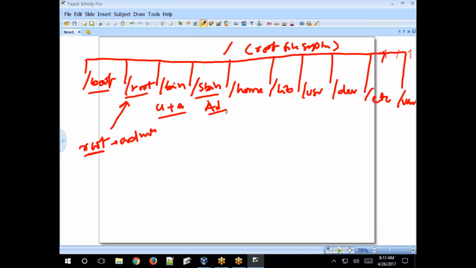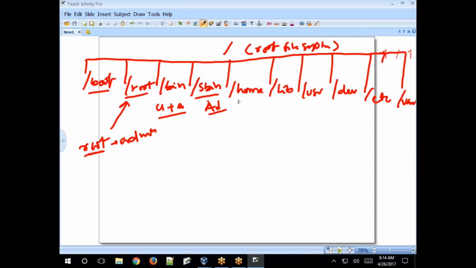All the administrative commands are located under the sbin directory. Only the super user or administrator can execute them. A normal user can't execute them, because they don't have permission to run those commands. If anyone tries to execute an administrative command, it says access denied, permission denied.